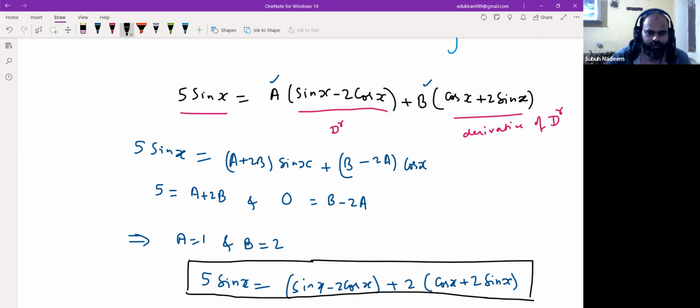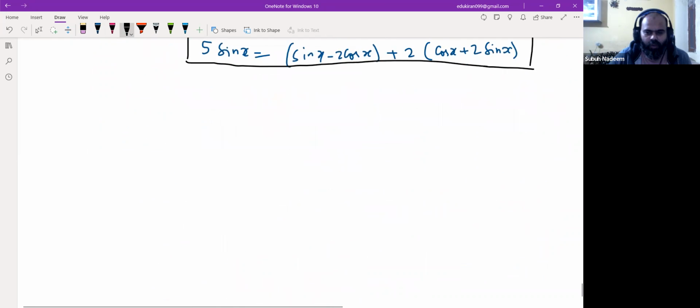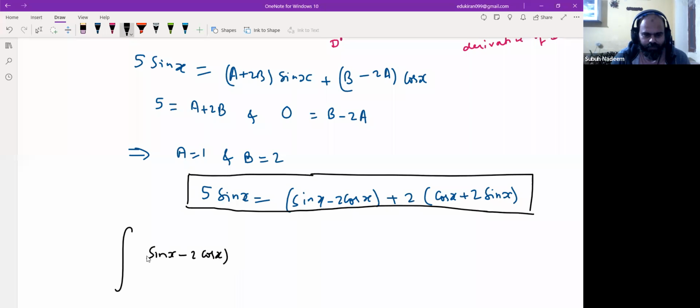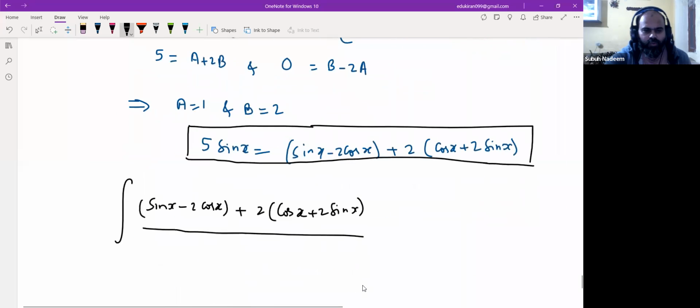Okay. So I write this question like this, that it is the integral of 5 sin x, which is (sin x minus 2 cos x) plus 2 times (cos x plus 2 sin x), by the denominator, and the denominator was sin x minus 2 cos x